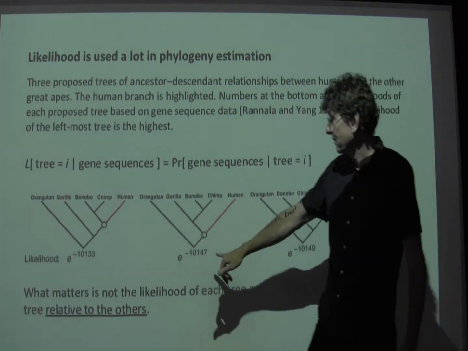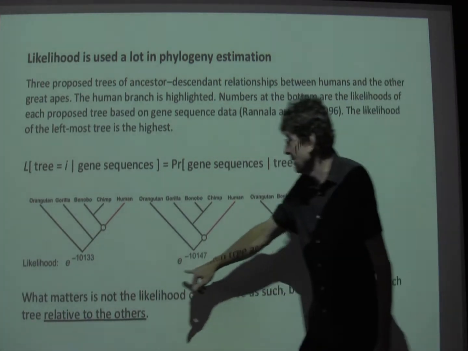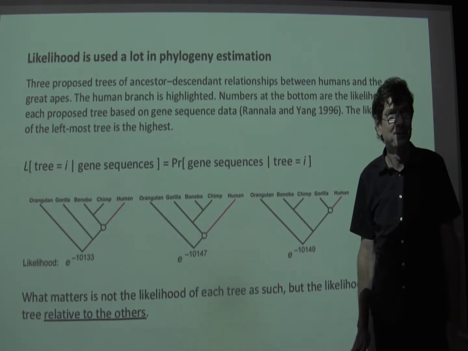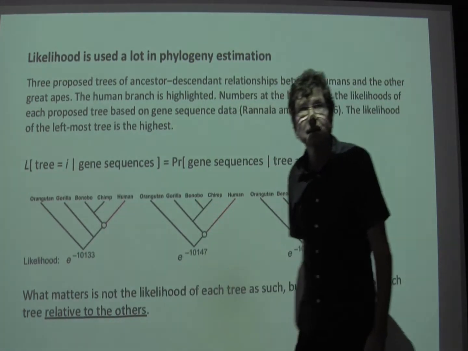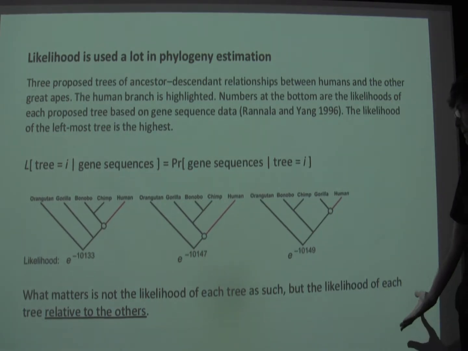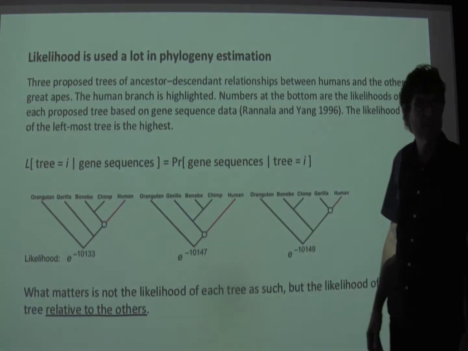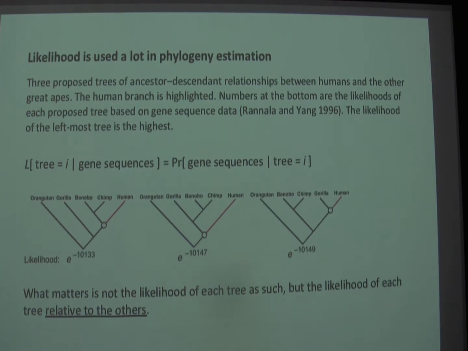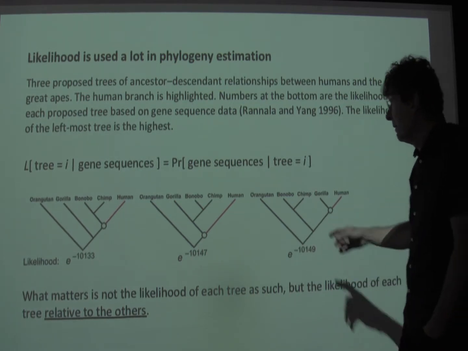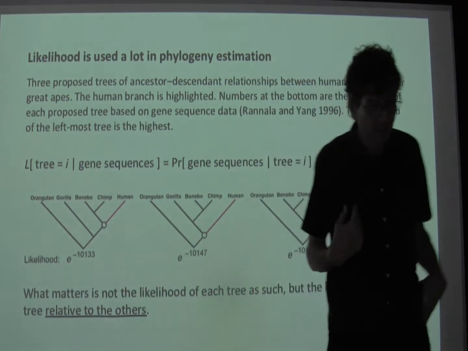And so the likelihoods for the sequence data that they presented in this paper, they calculated as follows. E to the minus 10149, which is a very small number. In fact, these are all very small numbers. And I show this example because I want to emphasize that what matters is not the likelihood itself, but the difference or the ratio of the likelihoods of these alternative possibilities. So how much more likely is one tree relative to another. And it was in this way that it was established beyond doubt, and it's been verified many times since, that we are the third chimpanzee.